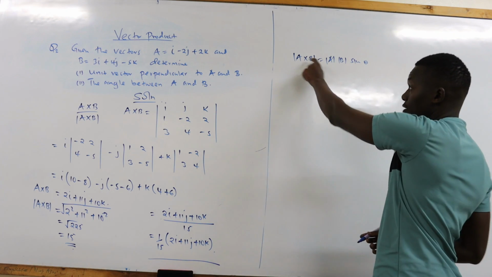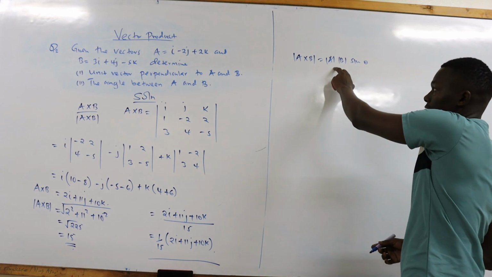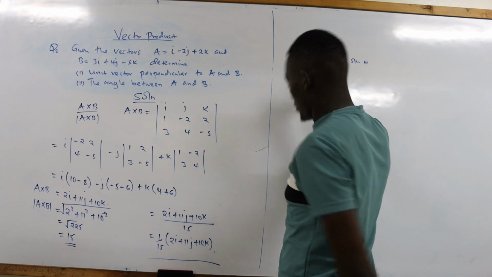So we have A cross B. Yes, we have it there. So what don't you have? A absolute and B absolute. So we can start with